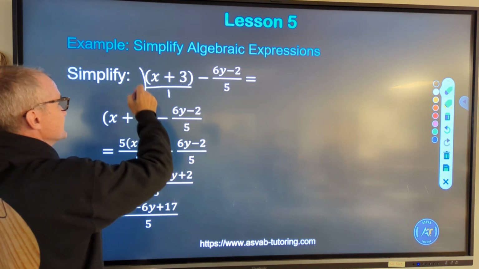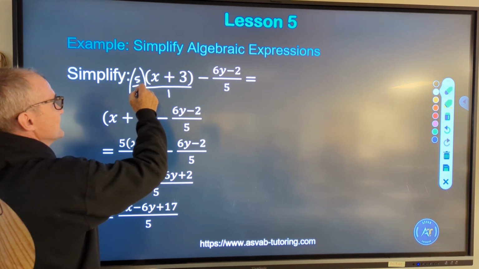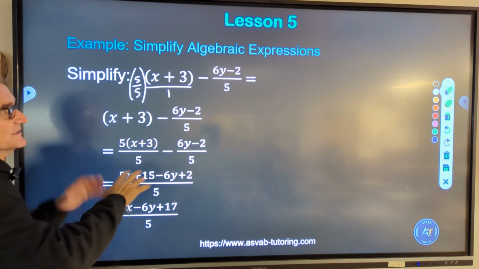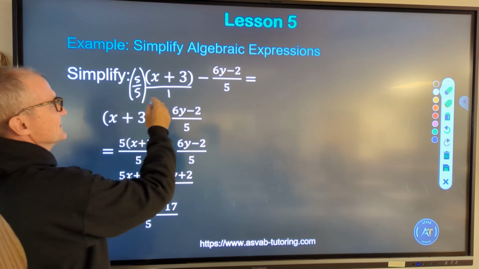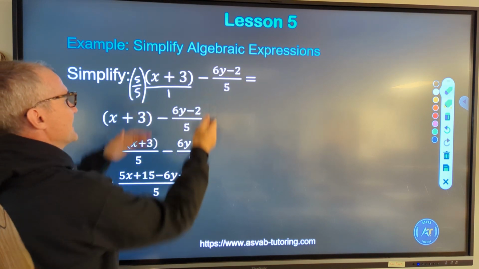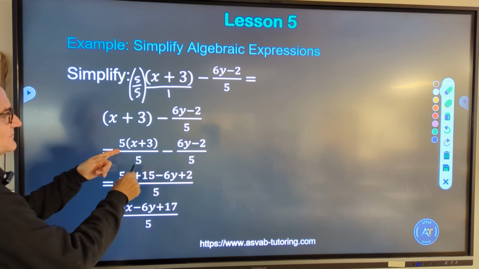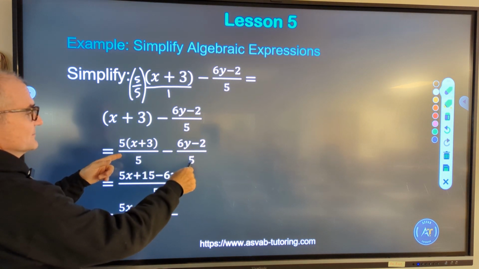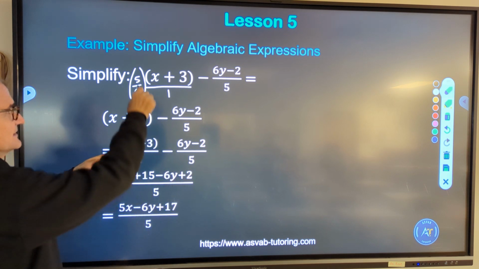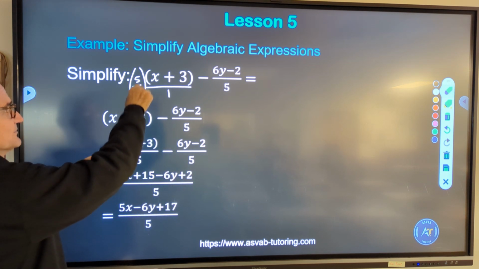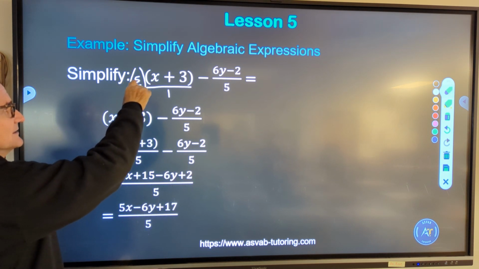I'm going to multiply this thing by 5 over 5. I'm multiplying by a factor of 1. Doesn't change the value of it, but it puts a 5 in the denominator so that I could combine my numerators. So I'm going to take that 5, multiply it through here over 5, minus this thing over 5. Okay, so what I did here is I took 5 over 5, a factor of 1, times this whole thing